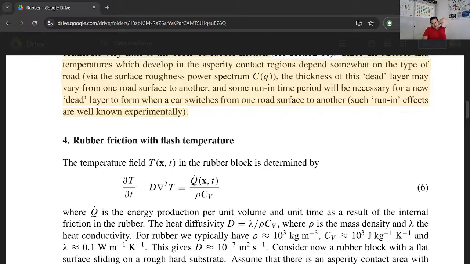This is the usual definition. D corresponds to the asperities, so it's important. It is worth mentioning